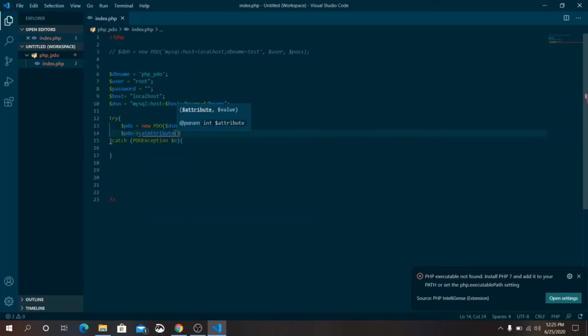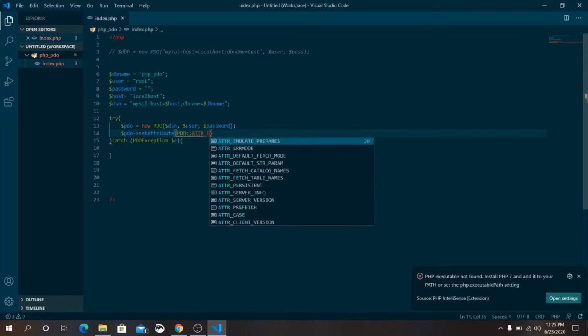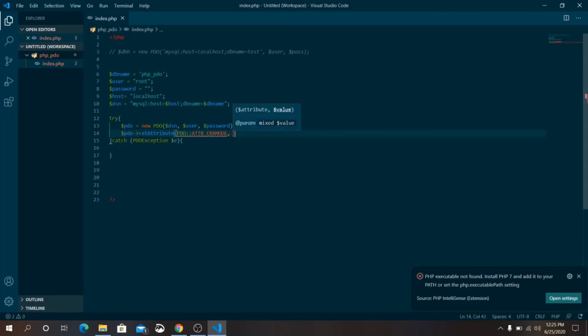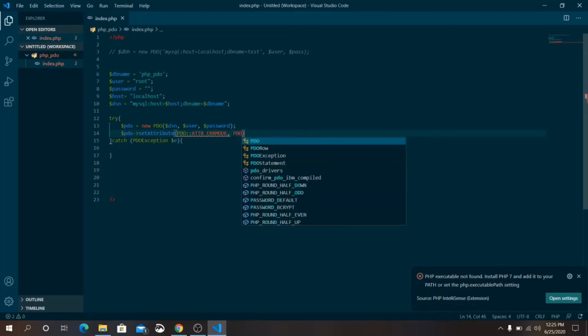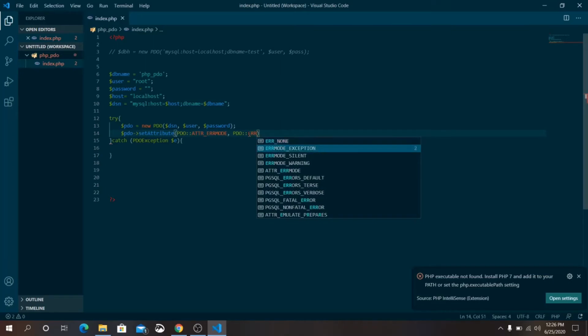Set attribute, PDO colon, a double tr, error mode, comma, second parameter will be PDO colon. Don't worry, I will explain to you what this set attribute is. Error mode